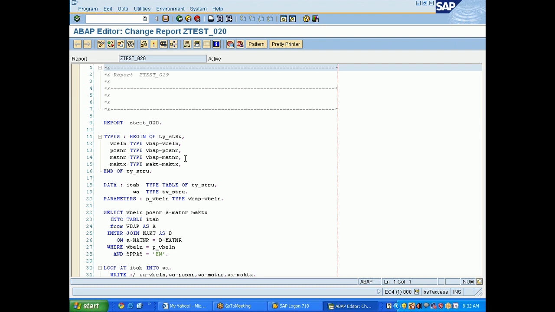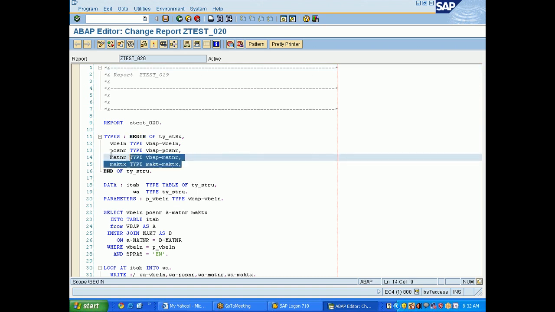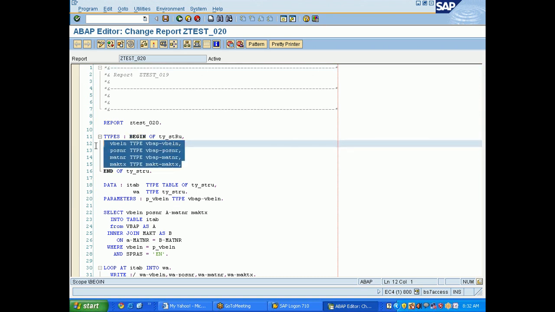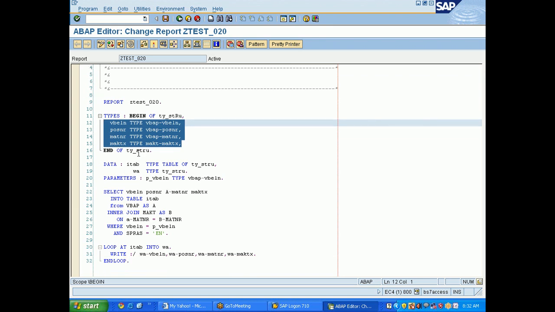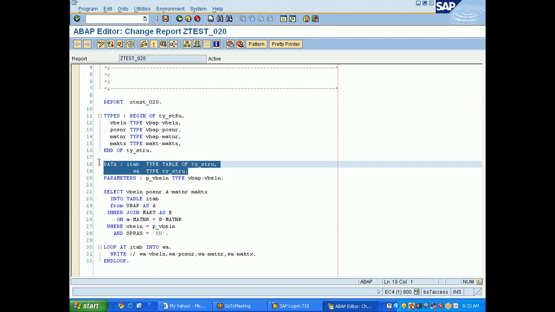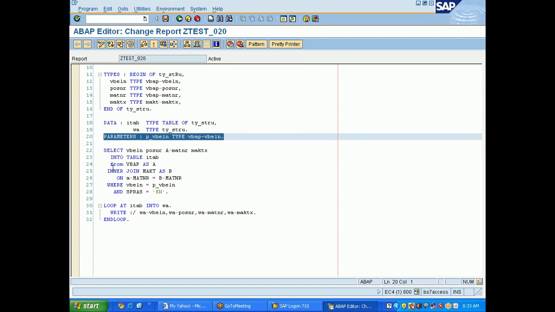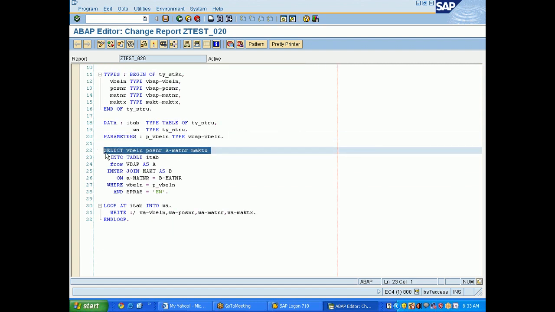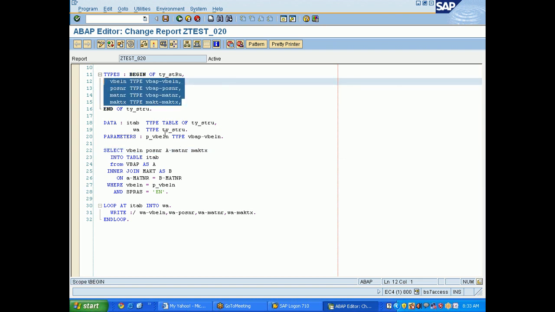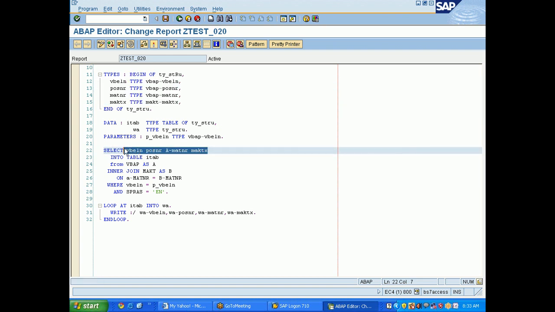The four fields required in the output, we have declared all four in the same structure. With the help of the structure we declared one internal table and work area. The parameter needs to be there, and then observe the syntax: select VBELN, POSNR and all the four fields that you mentioned here